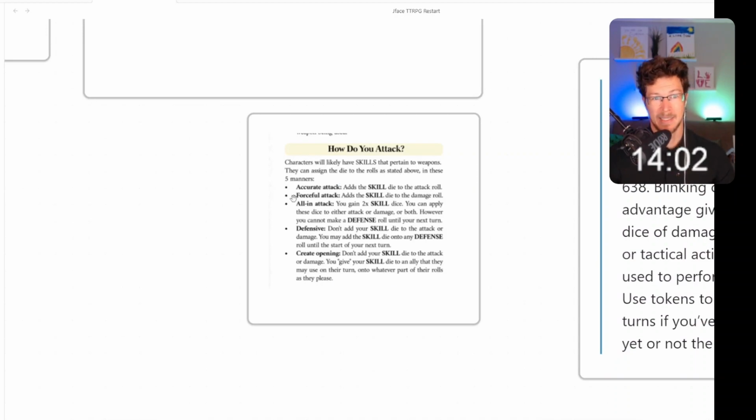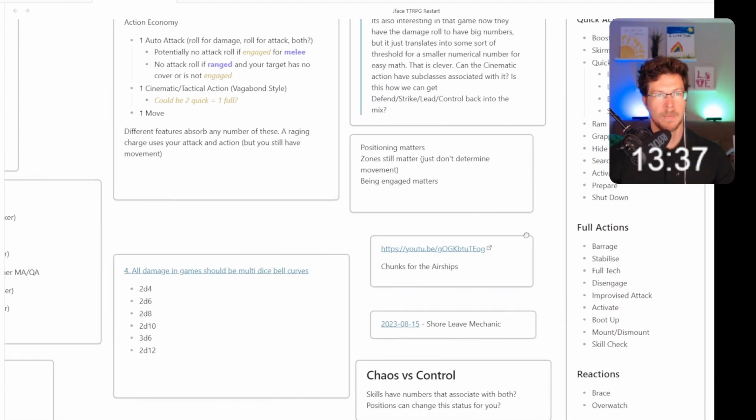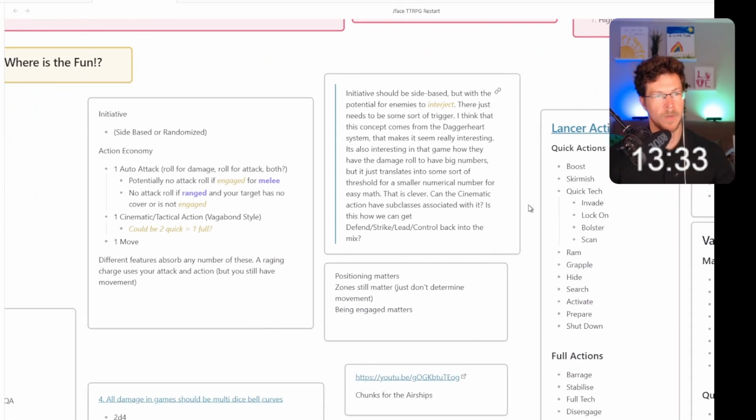But I really liked his idea about, he has this skill, this dice that's a skill. And the main choice he has on his turns is that every turn you can use that skill die to either add to your attack, add to your damage, spend it in order to do multiple things, add it to your defense. I just think it's a clever little choice with a simple mechanic, and I thought that was very evocative. So I put it on here because this is my inspiration board, right?